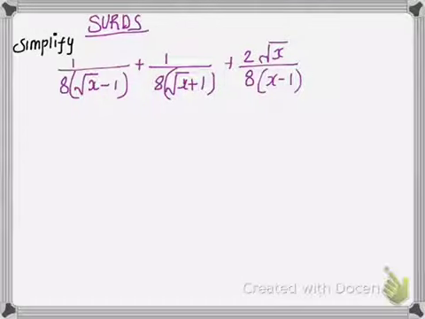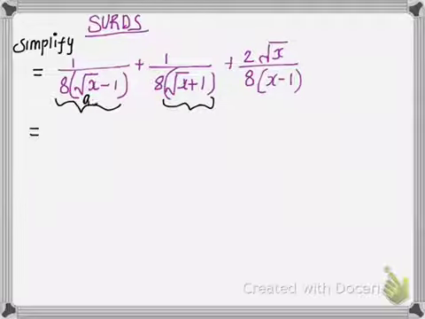Hello, let's try to simplify another question from Surds, and this is our question. So when we look at the question clearly, when we look at the denominator portion right over here, let us at first suppose this root under x to be a and root under 1 to be b. Similarly, here root x is a and 1 is b, but we've got here 8 as common, so let us